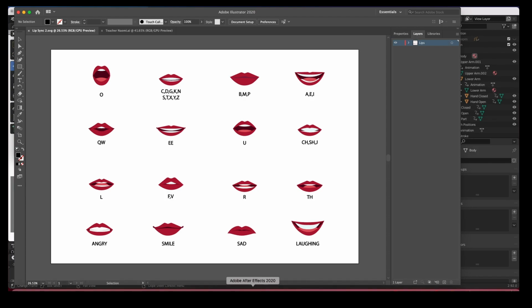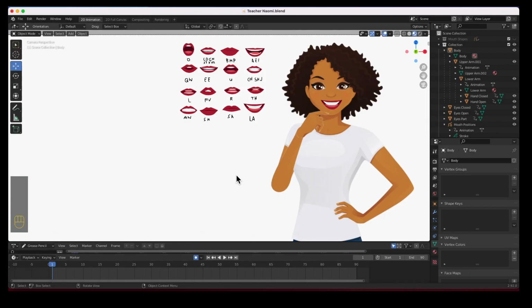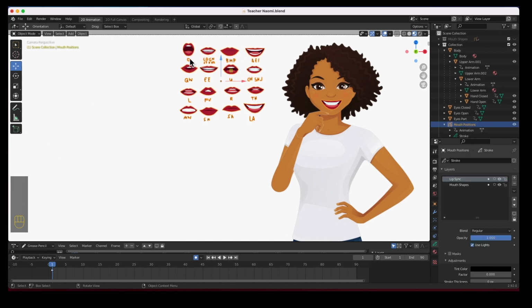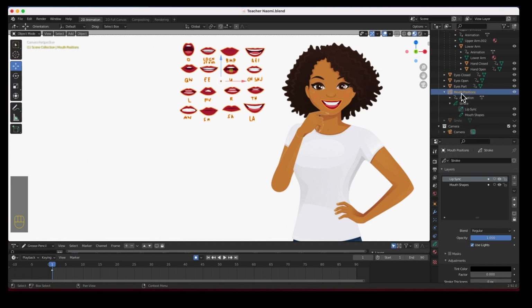Let's open up a scene. Well, let me show you what it looks like when I brought it in. I tightened up the spacing in here, and I placed a mouth position here. It was just a smile. I think I did this one, a laughter. And I retyped everything. So if I click on it, this is all just one object, one grease pencil object